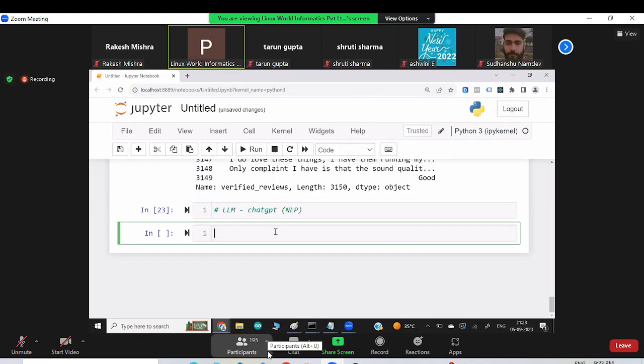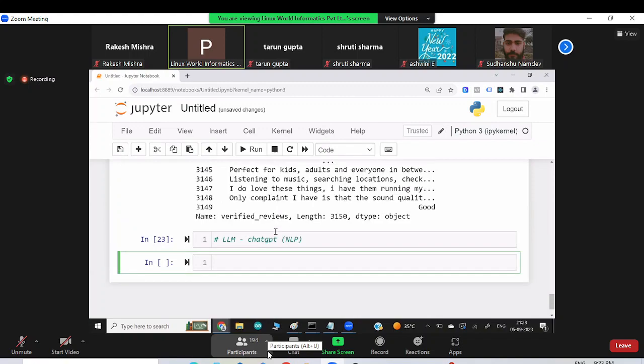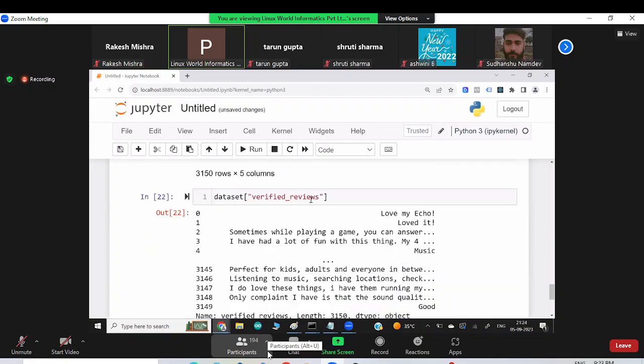But yeah, this is not a class on LLM, neither a class on ChatGPT. Maybe a lot of you have done some training under me. I have delivered very advanced training on generative AI, LLM, prompt engineering and ChatGPT. So you might know the core concept, how it works. So let's continue with this part. I think you understand what I'm talking about.